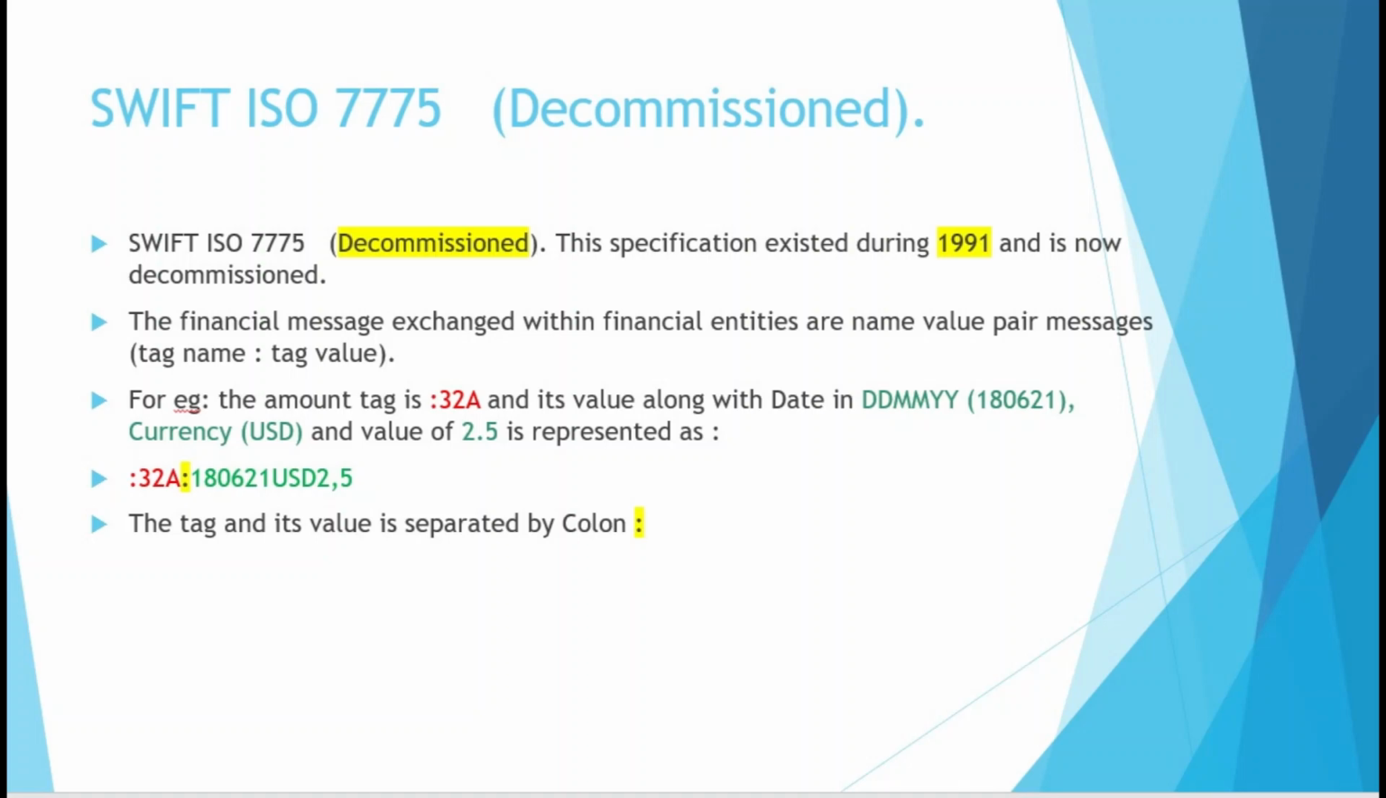Swift ISO 7775 is now decommissioned. It was created as the first Swift format during 1991, which was a name value pair. For example, if you consider the amount tag as 32A, it represented a value of DDMMYY as a date, currency as USD, and the amount as 2.5. So this tag and its value was separated by